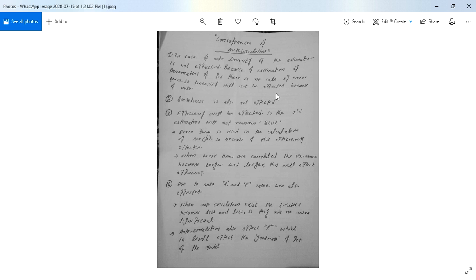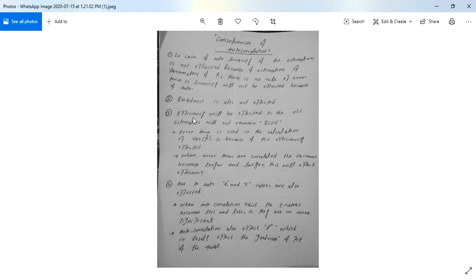So autocorrelation has nothing to do with the calculation of the betas, and will not affect linearity. The second is that unbiasedness is also not affected by autocorrelation.